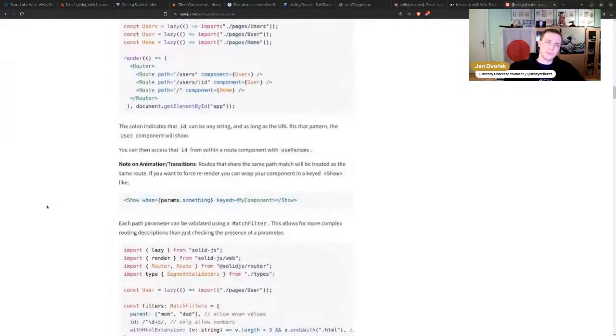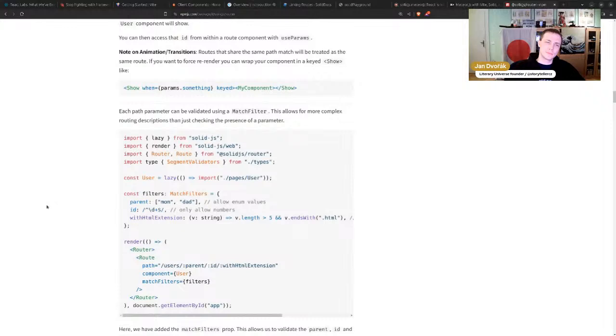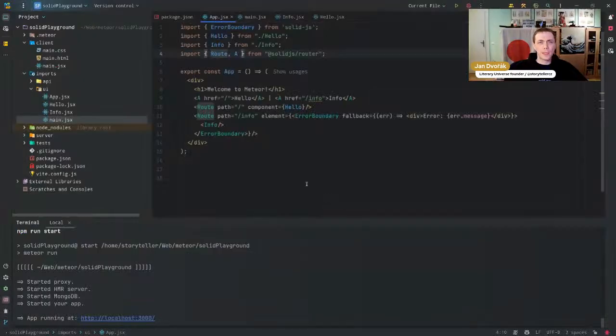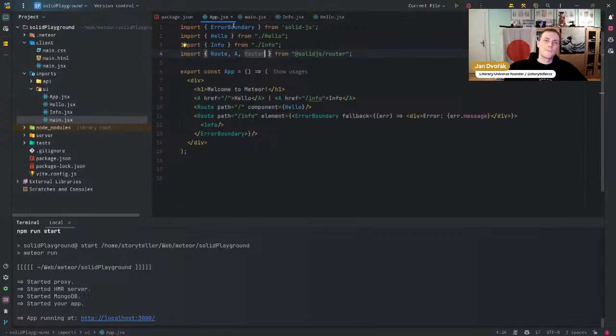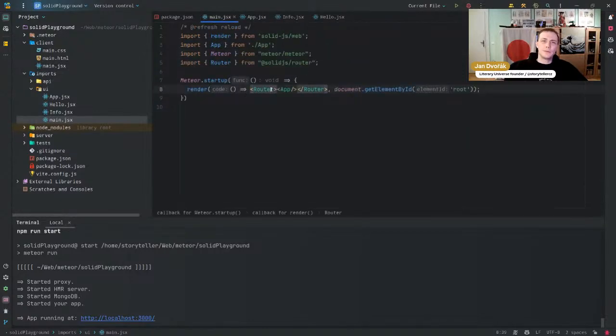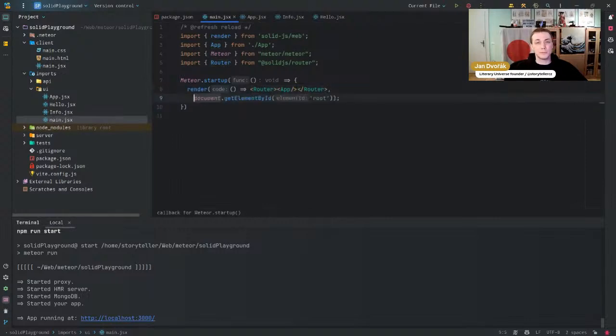Dynamic routes. Route. Let's see what else do we have here from the top. Here we have router, and then we go into app. So if I do root app, exactly what we want. Typically not what we want. So